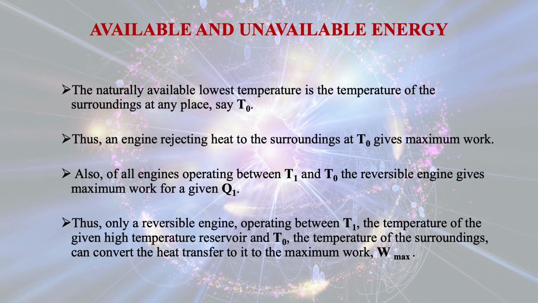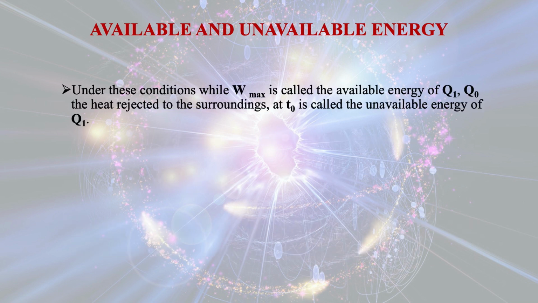Thus, only a reversible engine operating between T1, the temperature of the given high temperature reservoir, and T0, the temperature of the surroundings, can convert the heat transfer to it to the maximum work, that is W max. Under these conditions, W max is called the available energy of Q1, and Q0, the heat rejected to the surroundings at T0, is called the